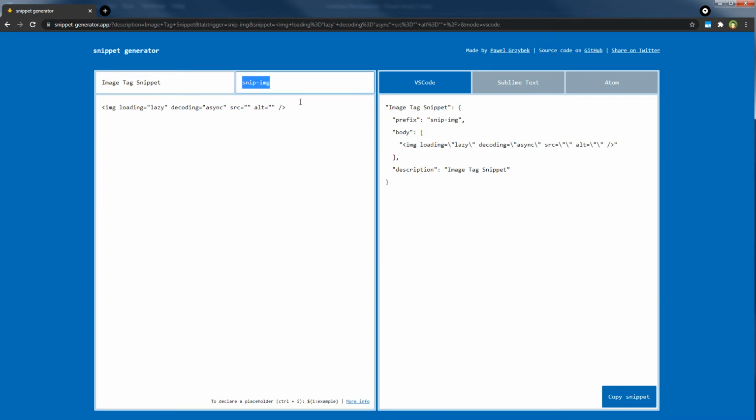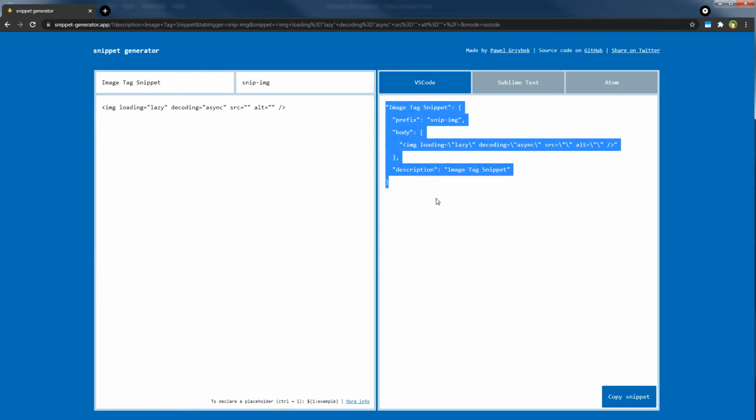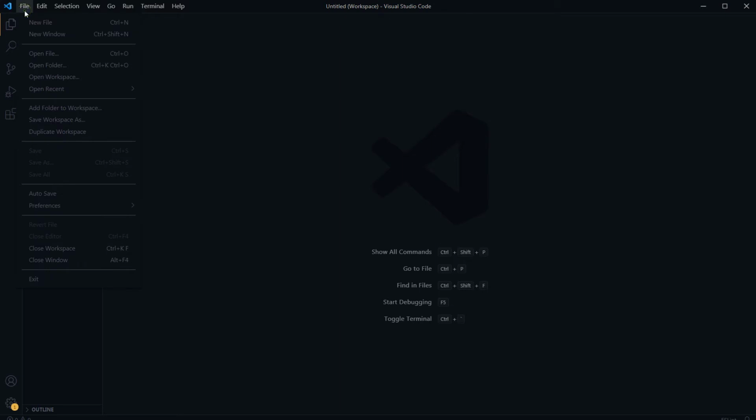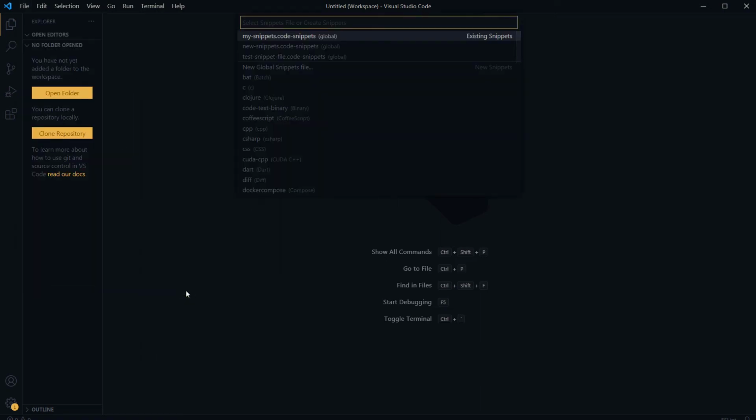We named this snippet. We used this code. This is our snippet. We need it for Visual Studio Code, and I will copy the snippet from here, and this is Visual Studio Code. I will go to file and then preferences, user snippets, and here I can see my snippets file, my snippets.code-snippets global.